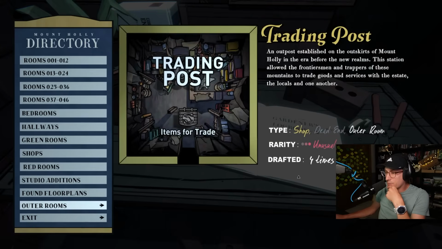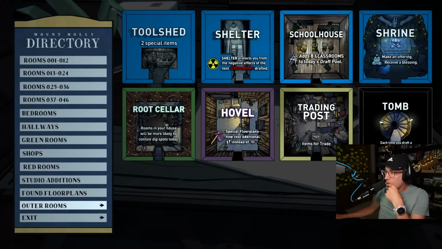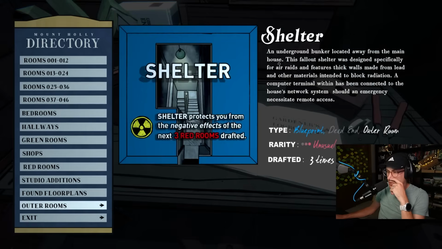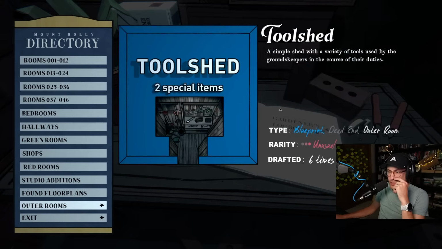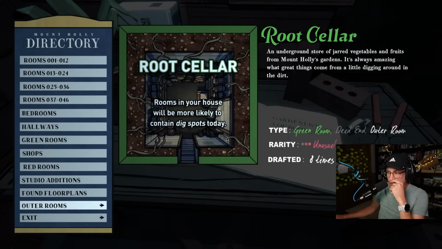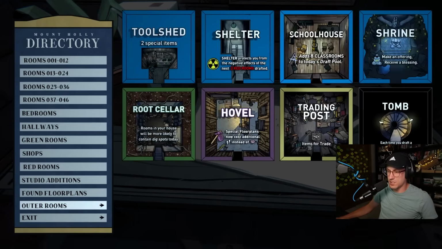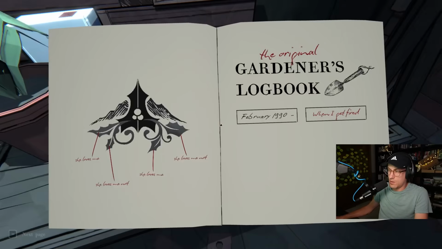There's dynamite and trading post. Is there a distilling system in Shelter? I'm confused. It's probably Hovel, right? But I don't remember a distilling system that is